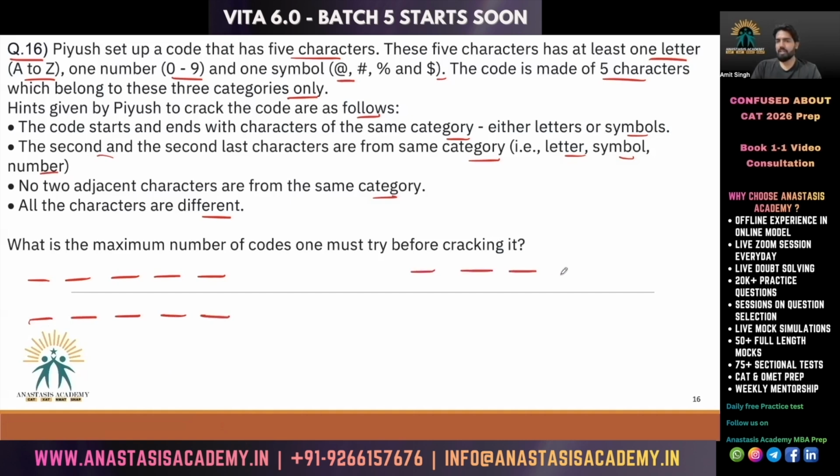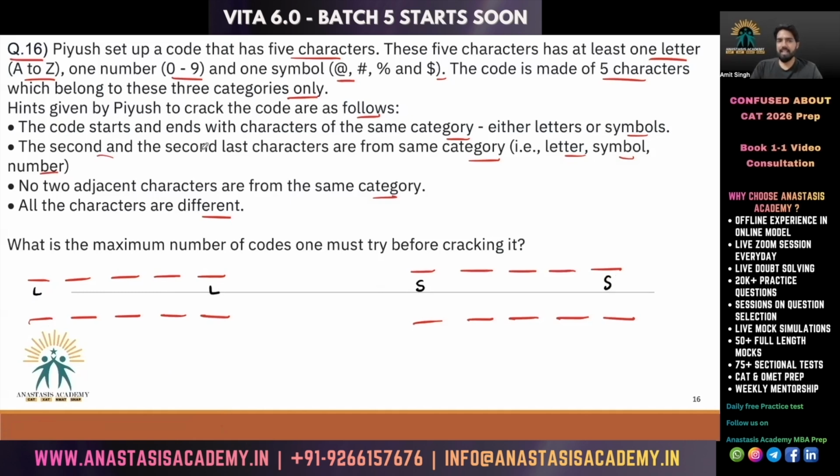Can you see, in the first case, I can have first as letter, last as letter. Then the second case would be that in the first place I could have a symbol,